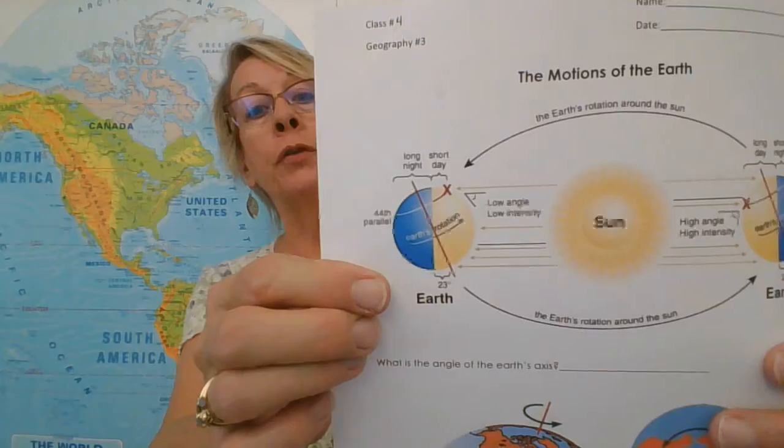dark at 5. And in the summer, if you get up around 6 o'clock, you're getting up in the daylight. In the winter, you'll have to get up in the dark. I hate it. But it is what it is. So we're going to talk a little bit about why that happens, because of how the sun and the earth interact. Now in our science book, it talks about this also, but this is for geography. So we're going to be looking at this page, geography number 3.